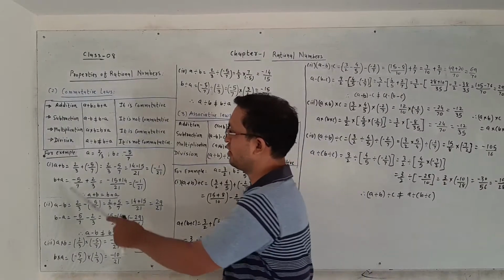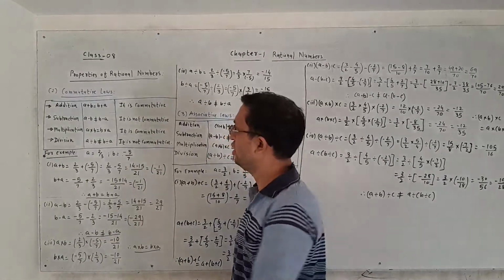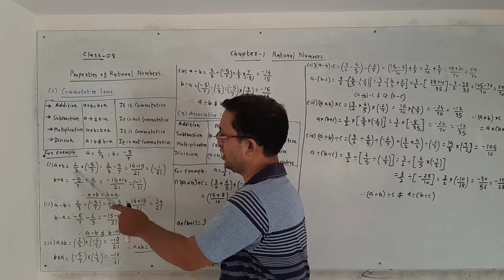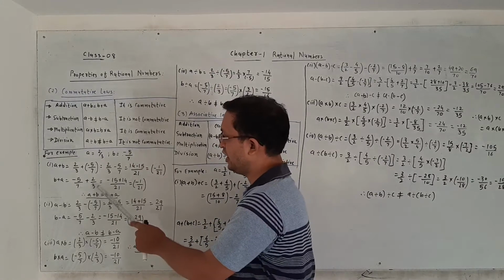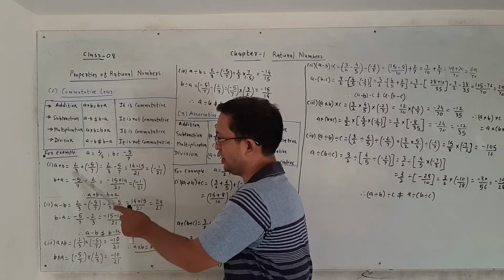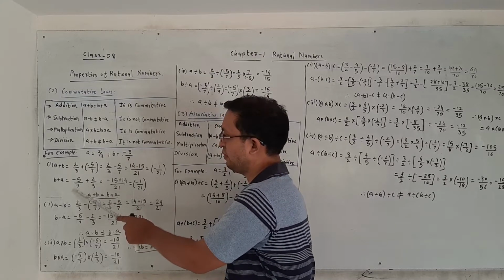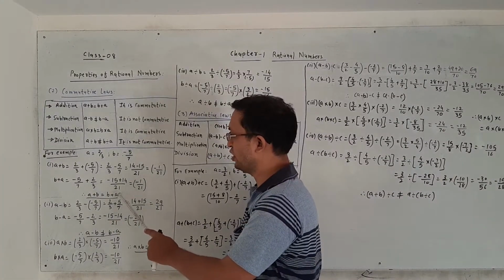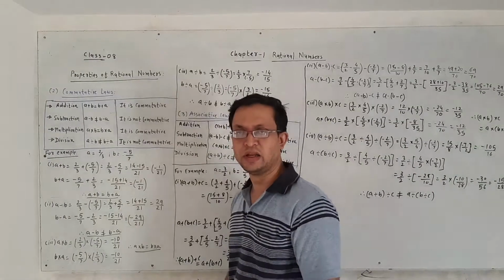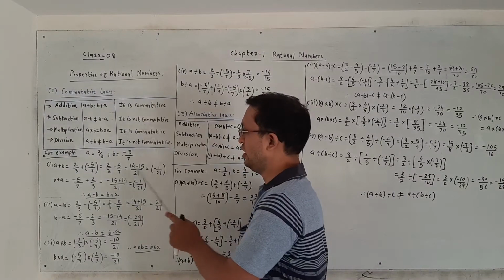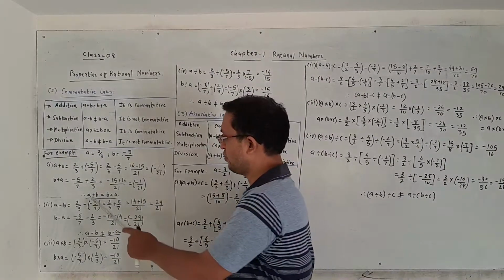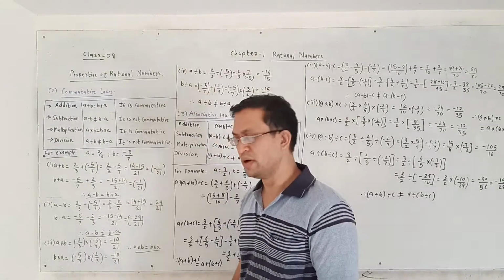Okay. Here we found a plus b. Then find the right hand side, b plus a. Minus 5 by 7 plus 2 by 3. Again take LCM, cross multiplication. Negative 5 times 3 is negative 15, 7 times 2 is positive 14, negative 15 plus 14 divided by 21, that is minus 1 by 21. Therefore, a plus b and b plus a, both answers are equal. Therefore, a plus b is equal to b plus a.